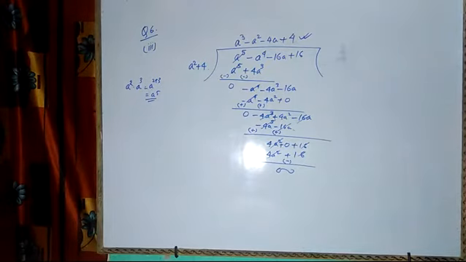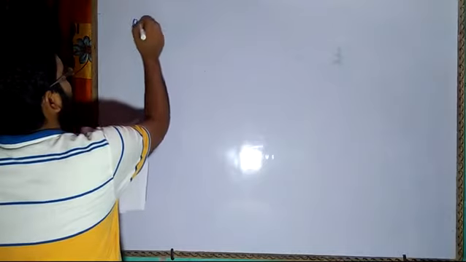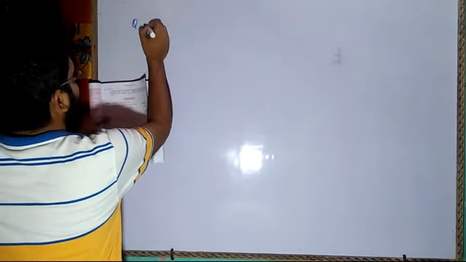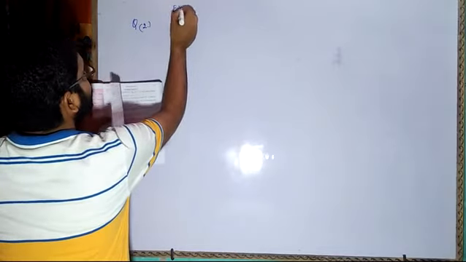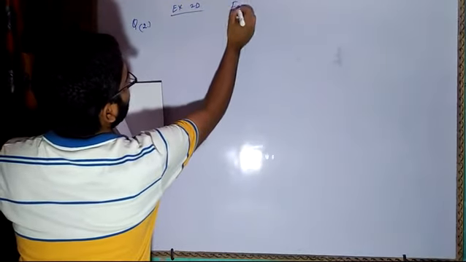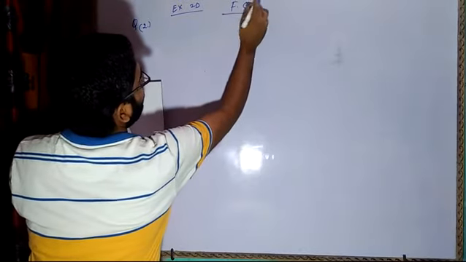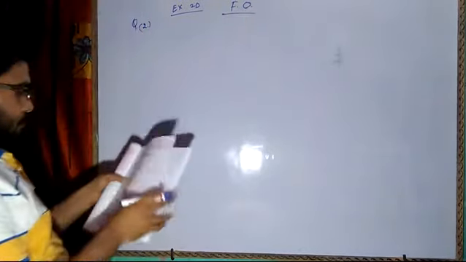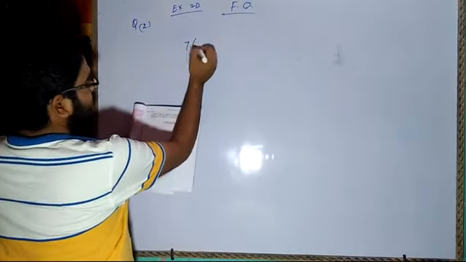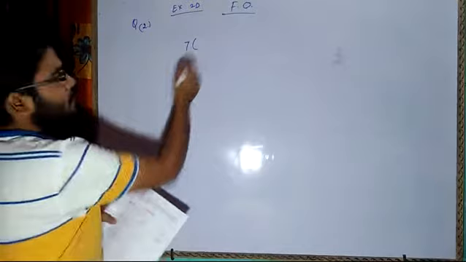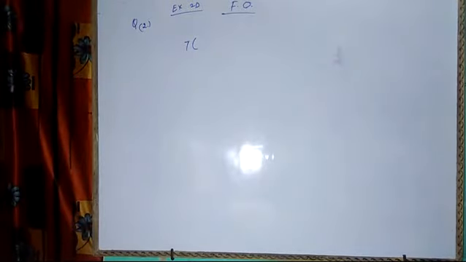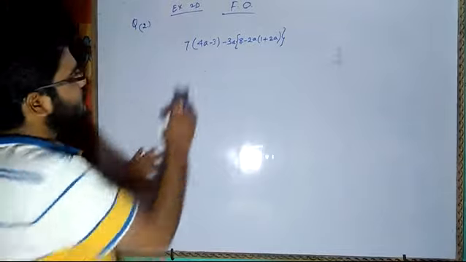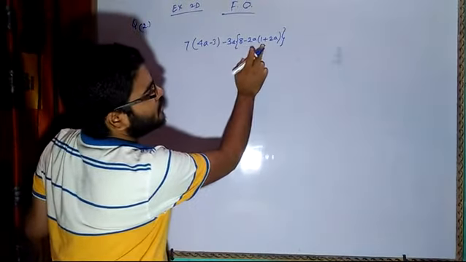Now we will move on to the next exercise, that is simplification of the term. Now all of you know how to use the BODMAS rule. I hope I need not teach it here. So I will be discussing question number 2 of exercise 2D of fundamental operation. Okay. So the question says 7 multiplied with 4a minus 3. So here I have mentioned the question number 2: 7 (4a minus 3) minus 3 of curly bracket and then all these things.